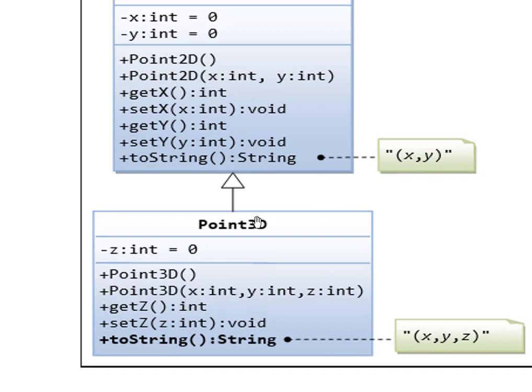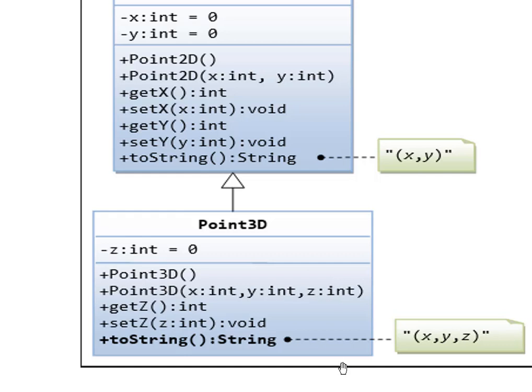So this class will contain a unique parameter that will be z. The data type will be integer and it will contain a default value equal to 0, and it will have two constructors. One is a default constructor and the second one will be a parameterized constructor.